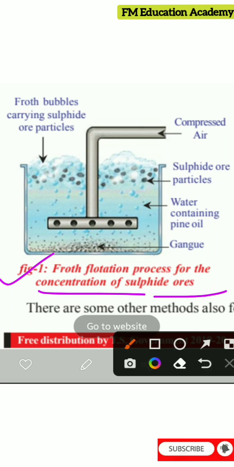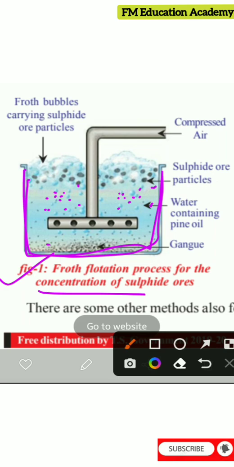First, I'll explain the steps orally and then I'll show you the steps of the answer. In froth flotation, as you can see here, we take a flotation tank. In the flotation tank, we mix the ore particles, and those ore particles will have impurities stuck on them. After pouring the ore particles in this beaker, the beaker will contain water and also oil, because oil is also a dirt particle, right?